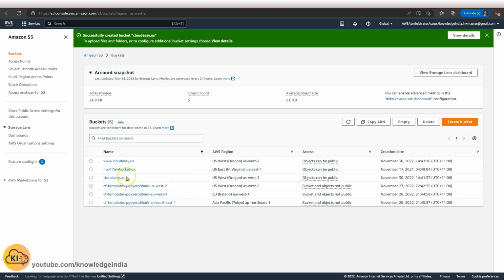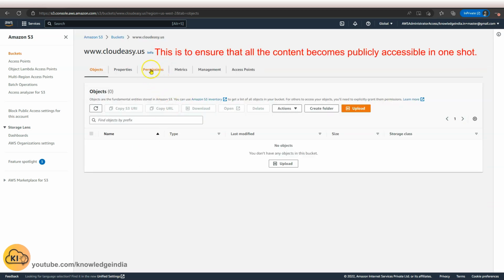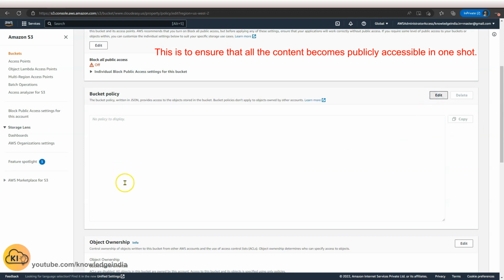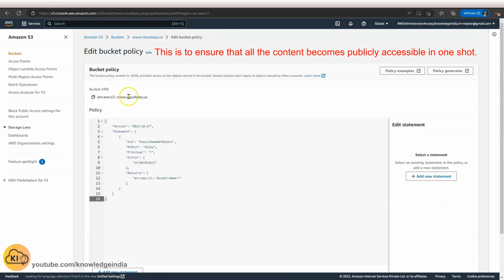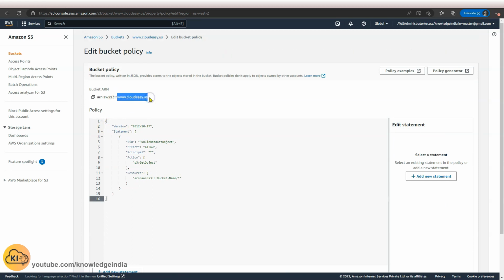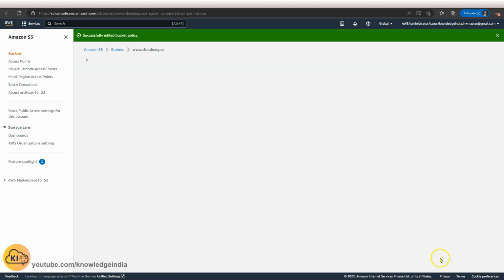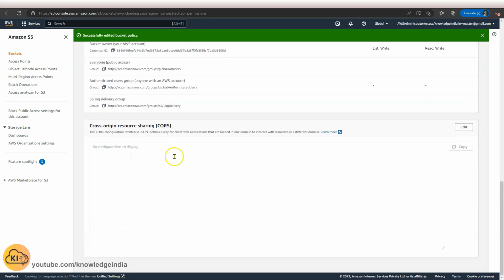So this is set. Now we will quickly go ahead and set up the bucket policy, right? We need to set up the bucket policy on both the buckets. So we'll go ahead and do that quickly. Okay, say save. So this is done, and